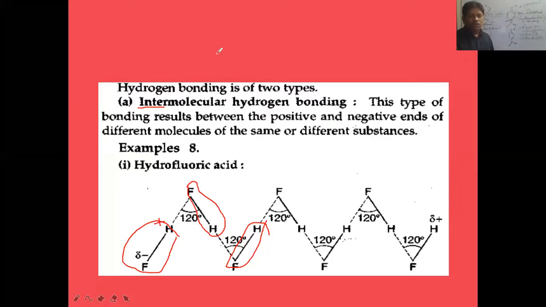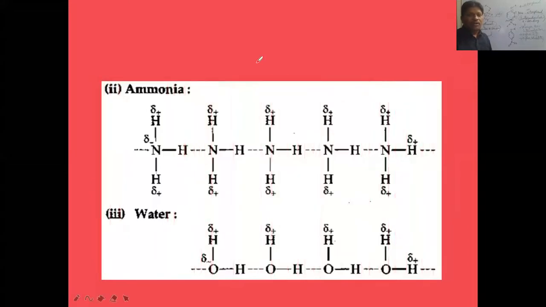Okay. So once we go through this, next example, you check it here. What is observed in the next case? Observe which types of molecules are given and what is the type of bonding here. If you observe, NH3, the ammonia molecule, and the H2O molecule are given here. So now you have to understand what is the type of hydrogen bonding between these two. Check it first.